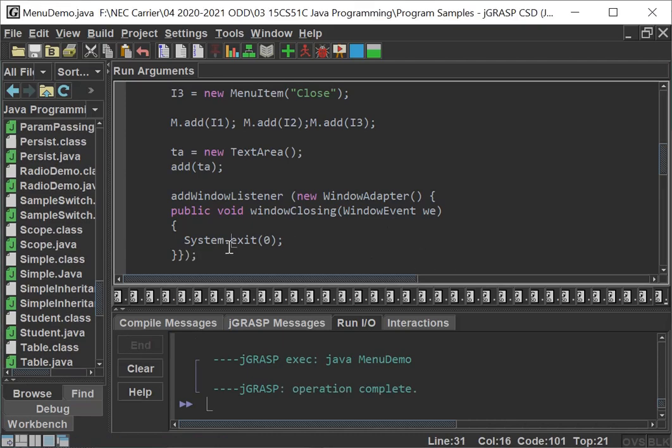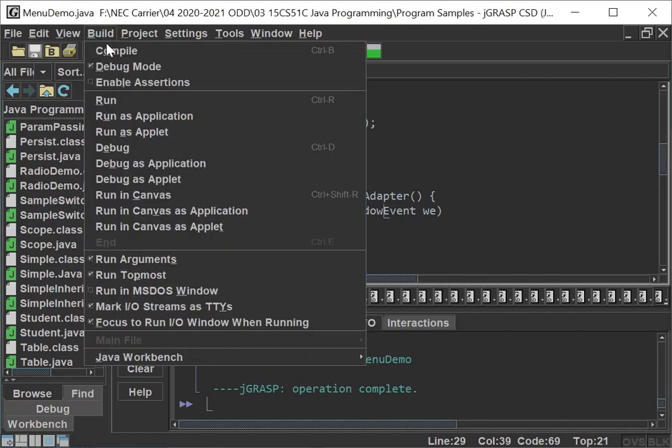As we said, we wrote addWindowListener and added new WindowAdapter, in order to override only the single method that we need in this particular class. Within that we are utilizing the member function windowClosing. In order to recognize the event, we are utilizing the class WindowEvent with reference WE. After completion of this, we just ask our system to close it. Let us save it and compile it.